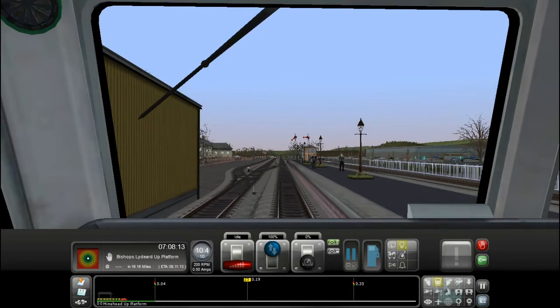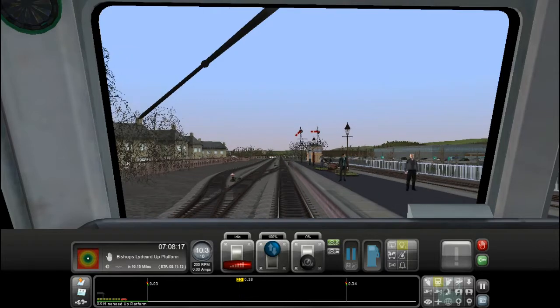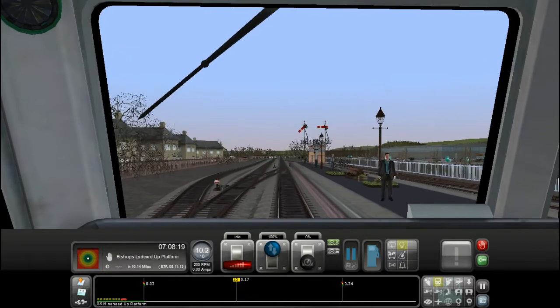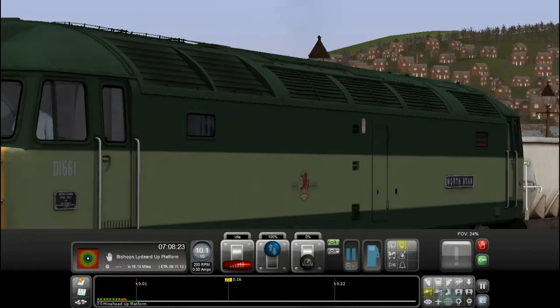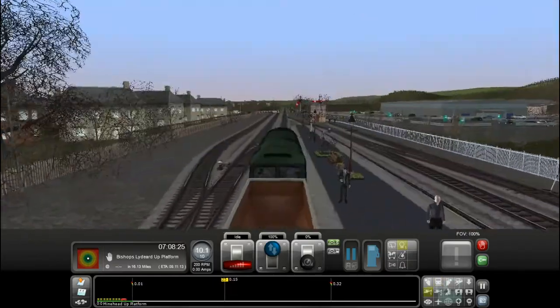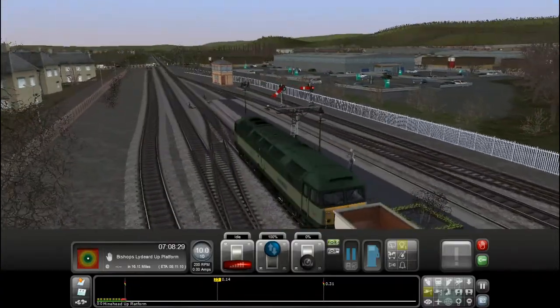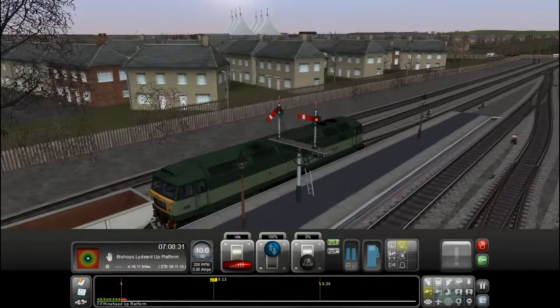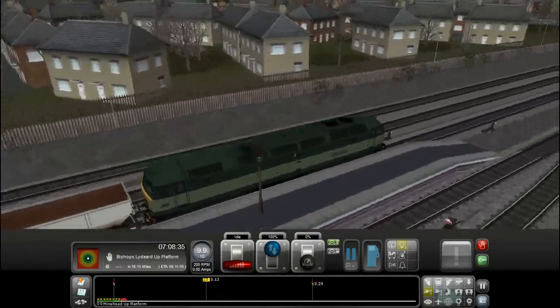4 notches sounds right for about a DMU, a shunter, or a Type 1 of some kind. But yeah, as far as detailing goes, it looks alright, but it could be better. It's the same model as the X default 47, just...